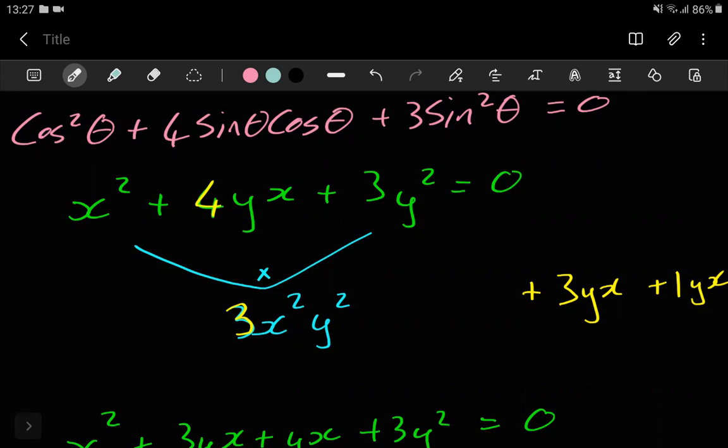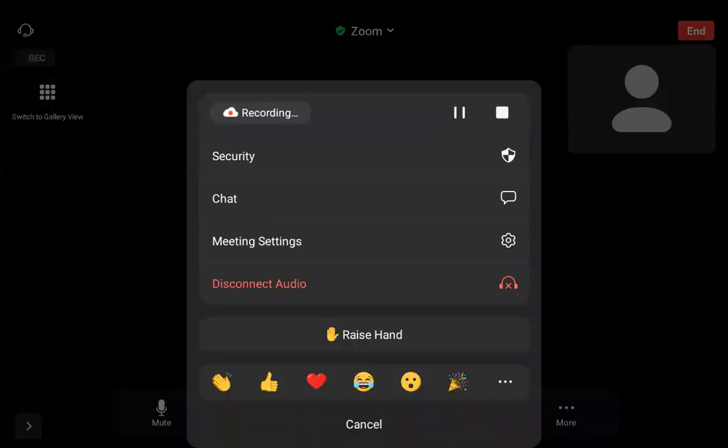So let me just stop this one here, and then we can. So amongst the